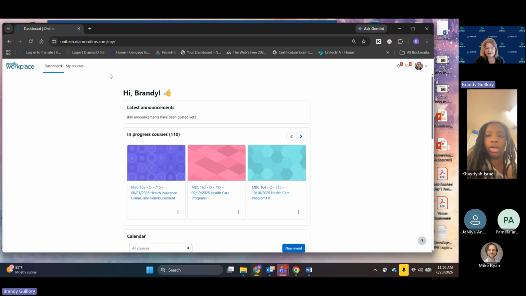So when you first log in, up here you see dashboard and my courses. It's going to take you to the dashboard first, but it's going to be blank. And I will say this also, mine is going to look slightly different from yours because I'm an instructor and you're a student. It's going to look a little bit different, but it's going to be the same basic layout. All right. So this is going to be blank because you don't have any modules or classes yet.